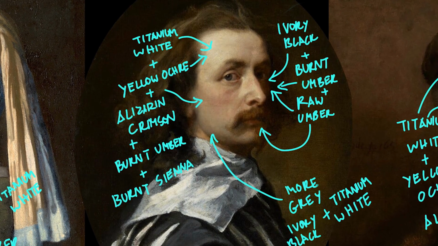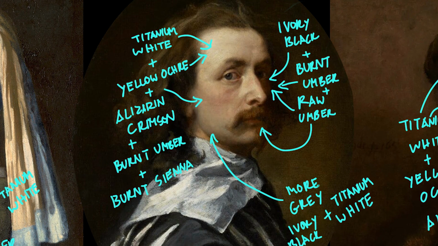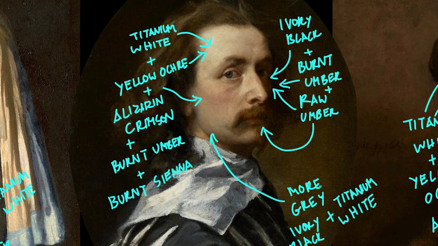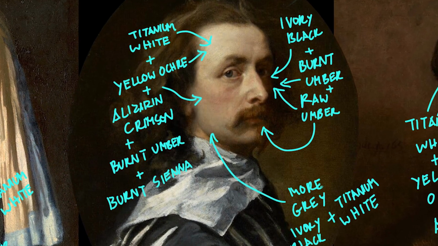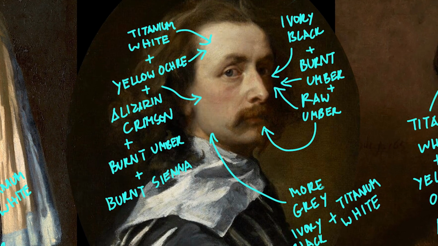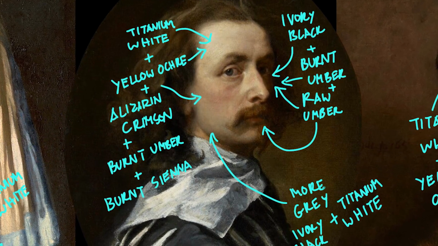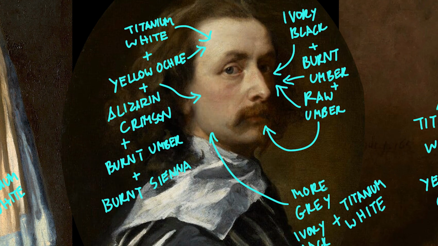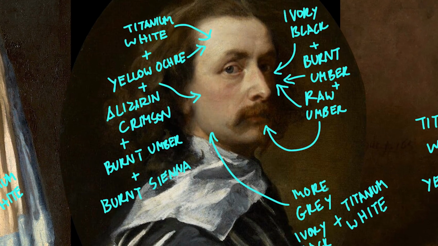So in his skin tones, I would probably use a mixture of titanium white, yellow ochre, and alizarin crimson. We don't technically need that vivid pink in his. Definitely a lot of black and white, creating some gray and neutral tones. When you see the bottom side of his chin, there's a lot of gray tones and neutral tones, so I would add most of the grays, the whites and the blacks there, and then definitely some burnt umber and burnt sienna